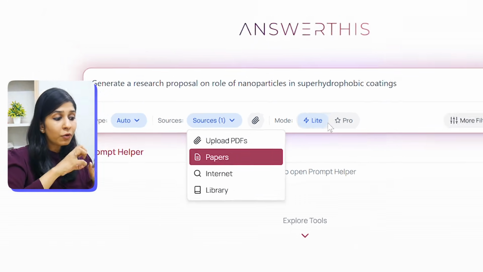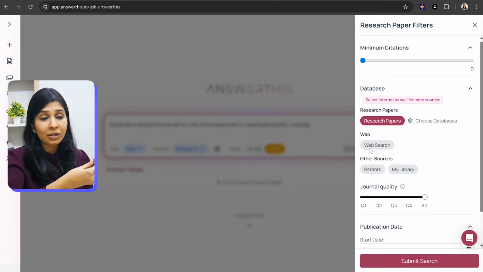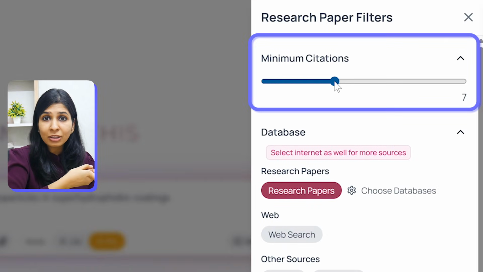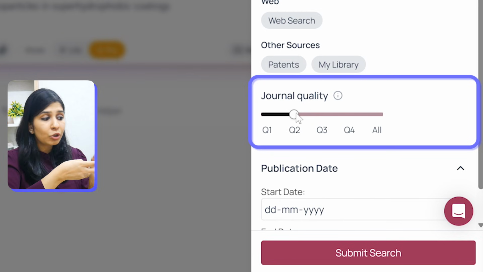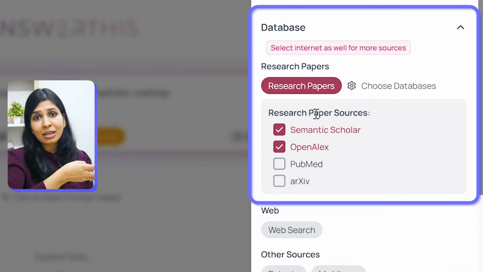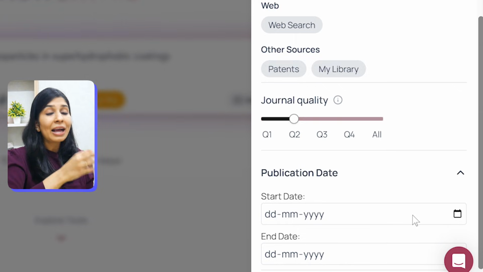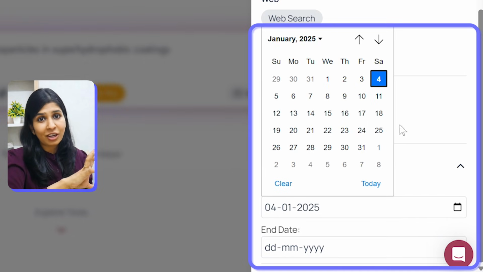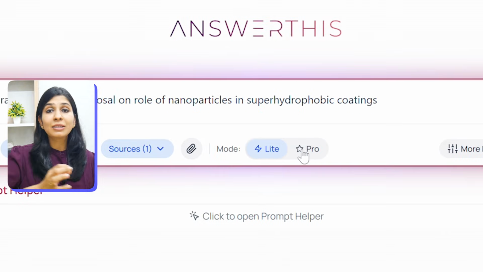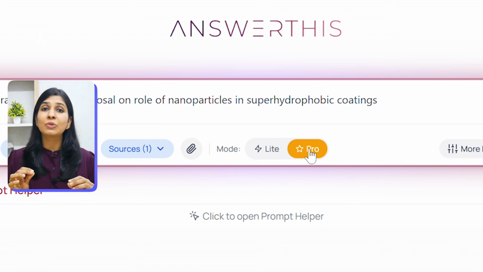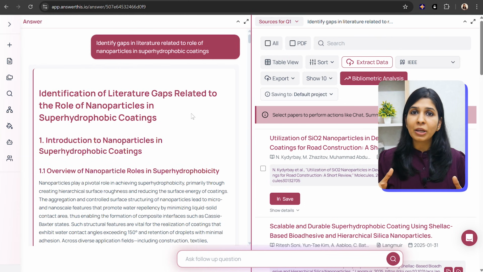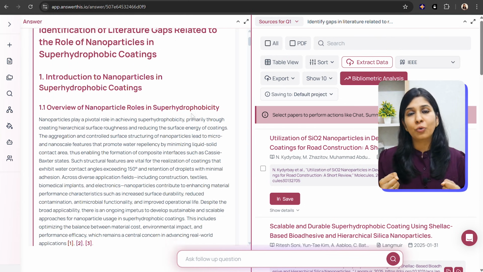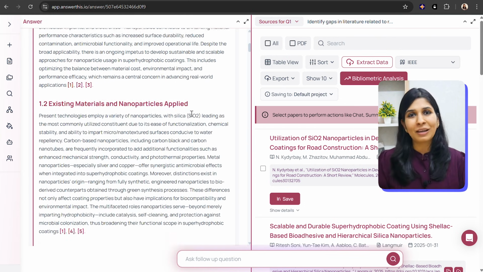I can also further specify with the help of a filter the number of citations that those papers should have, the journal quality ranging from Q1 to Q4, databases that it should pull the information from, and even the publication year range. For power users, there is also a pro mode that uses an advanced model. With so many filters and so many options, I have complete control on how my literature review should be conducted.